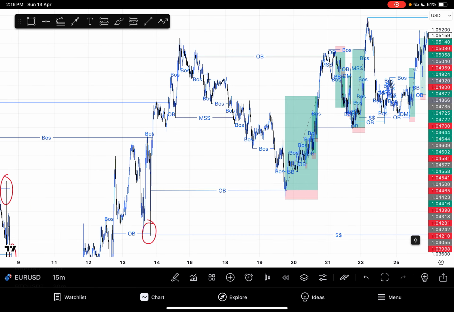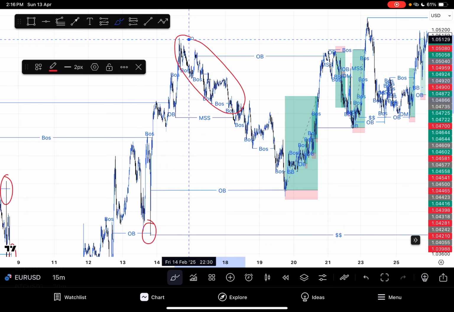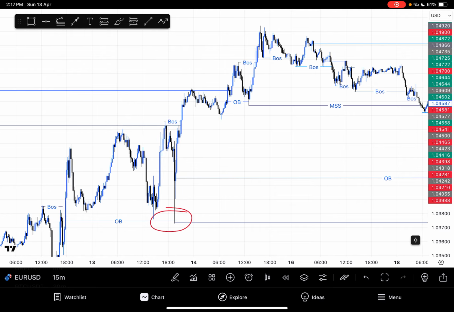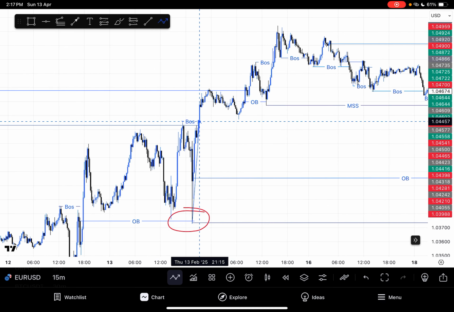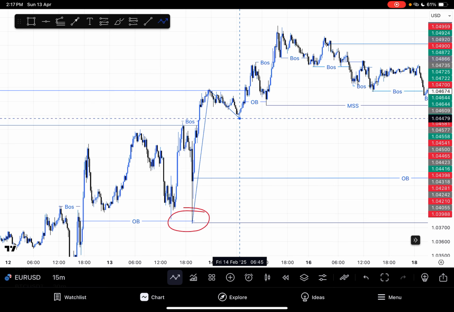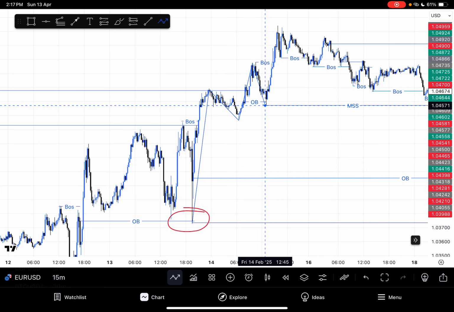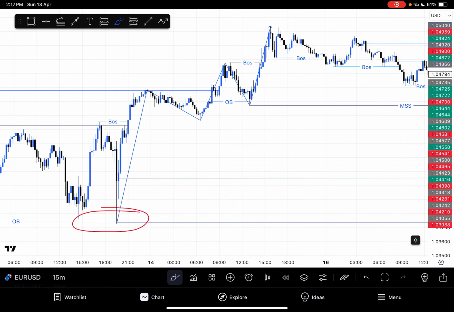So now just ignore all these tiny movements here. What you are following now is the major break of structure. Inside the break of structure, there's also another break of structure. So this one now moved to this point, came down to this region, came here, came down, and back to this region here. So now if you follow this pattern, you see this was the previous low,